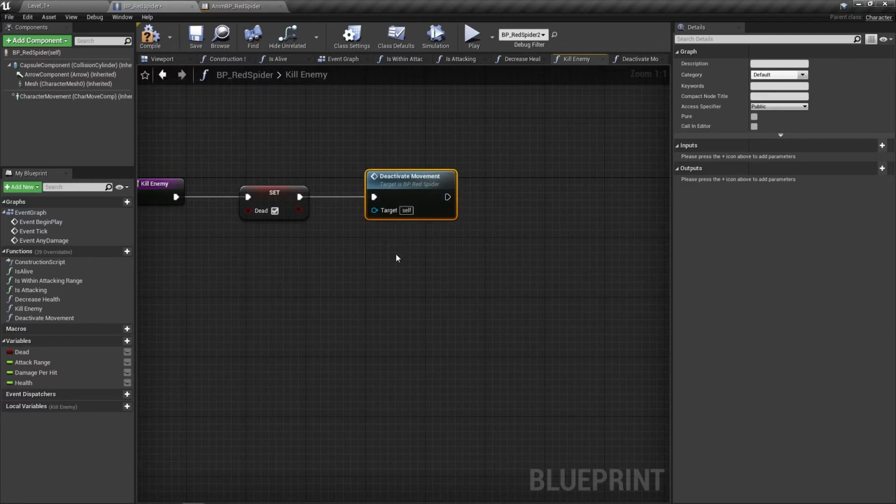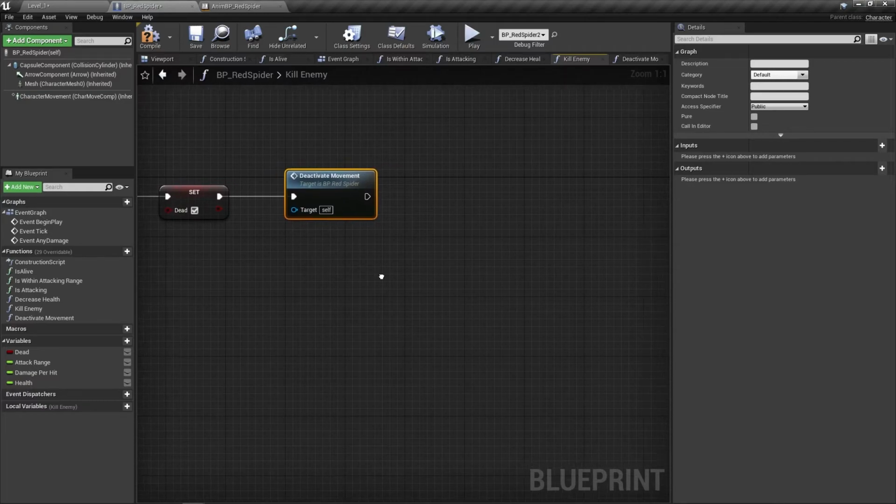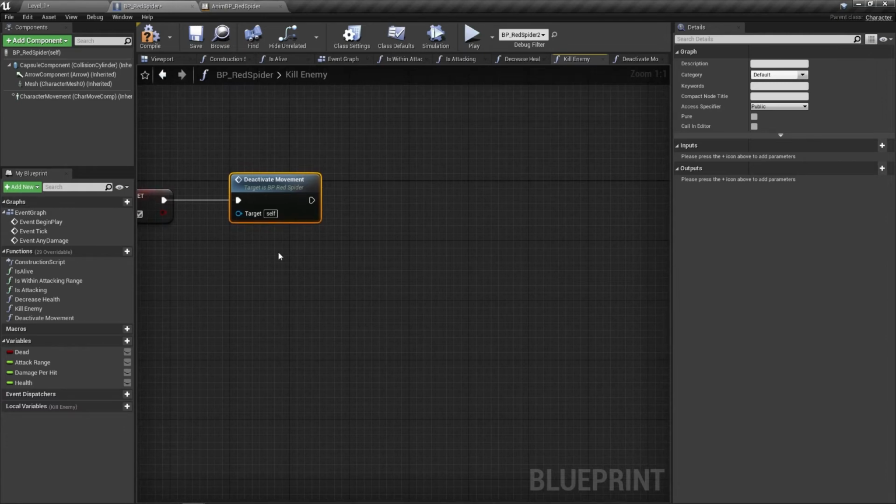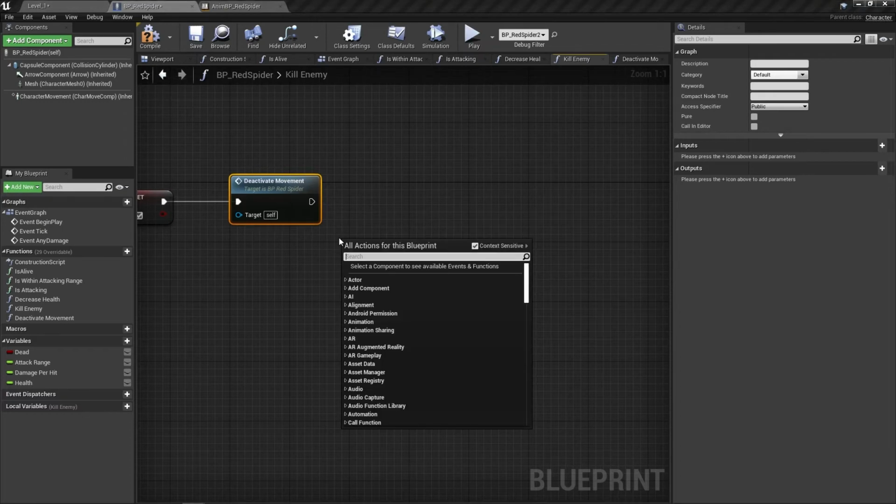Put that on here. And what we want to be able to do is we're going to go ahead and fix the collision of the enemy once we kill it. We want to be able to walk over it. We want the other enemies to be able to walk over it as well, because now you can step on it. So we're going to go ahead and set